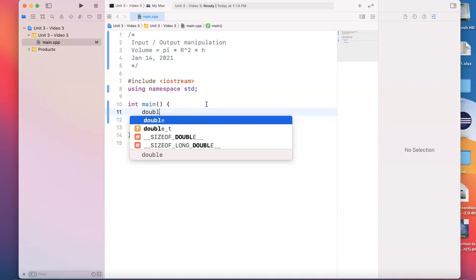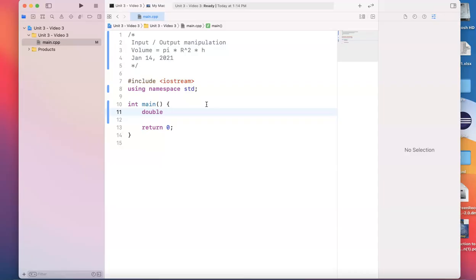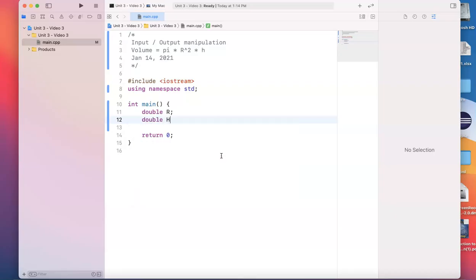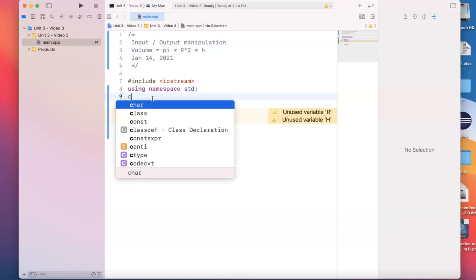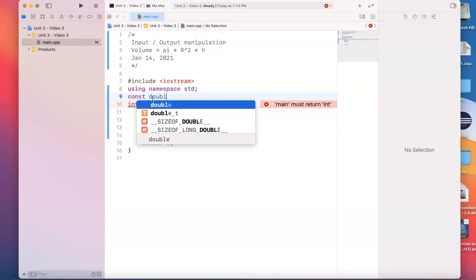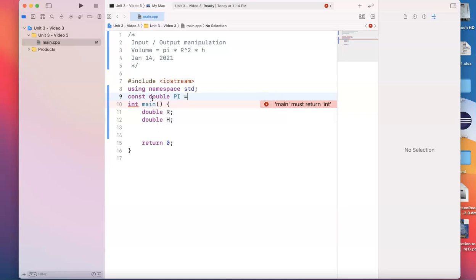Double radius. I'll use R for radius. Double H for height. I want the area to be constant. I notice, by the way, I can put constant here or inside main. There's a difference between them. Constant double pi equals